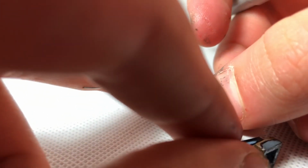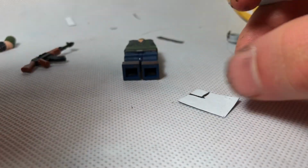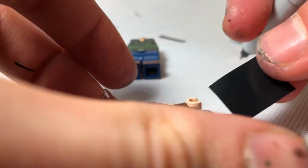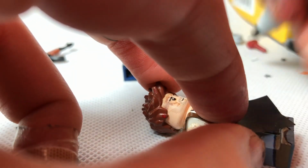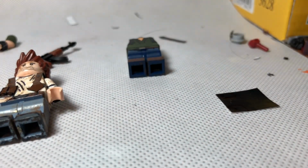So, and then you just want to, there we go. So that's your magazine holster for your Nathan Drake. And then for the holster, just want to, there we go. So you have something that looks like a gun holster, and then you just want to cut it out